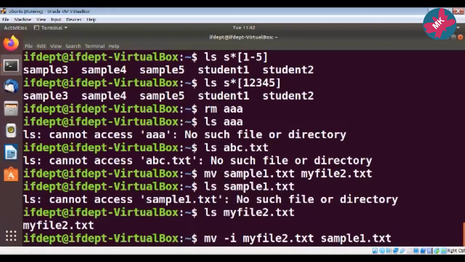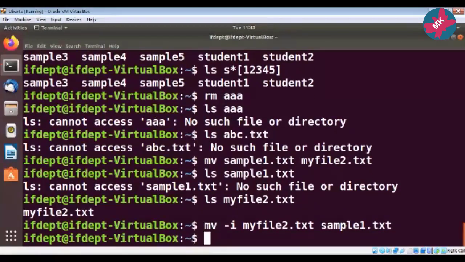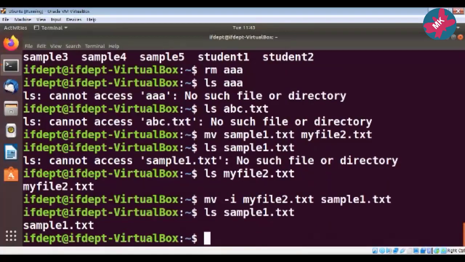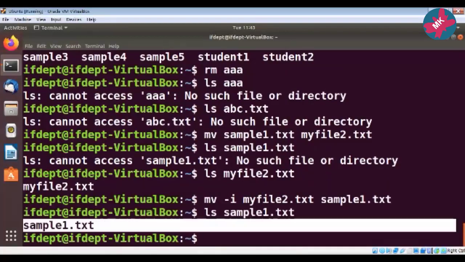The new thing I have done is use the option -i. Press enter, and now let us see whether sample1.txt exists. See, it has been renamed. This is how you can utilize the mv command.